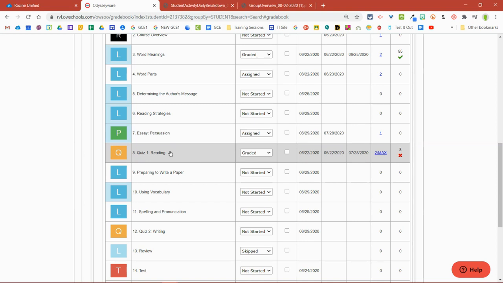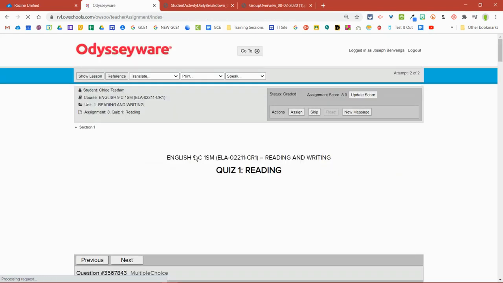All right, moving along, we have the quiz. So here you can see that the quiz was taken 2 times, which is the maximum amount of times a student can take a quiz without passing. Then it's up to the teacher to unblock the quiz so that they can take it or attempt to take it again. So when I click on this quiz, you can see the red X,